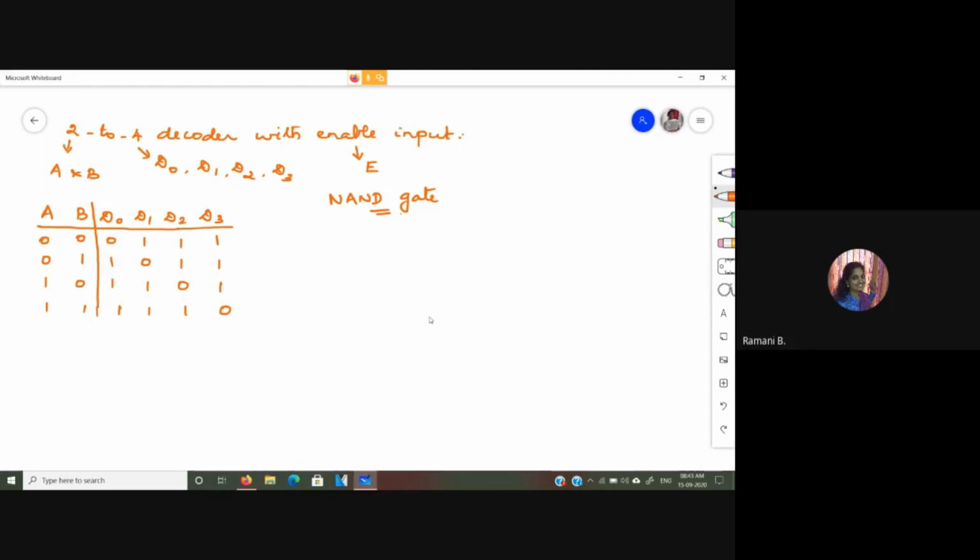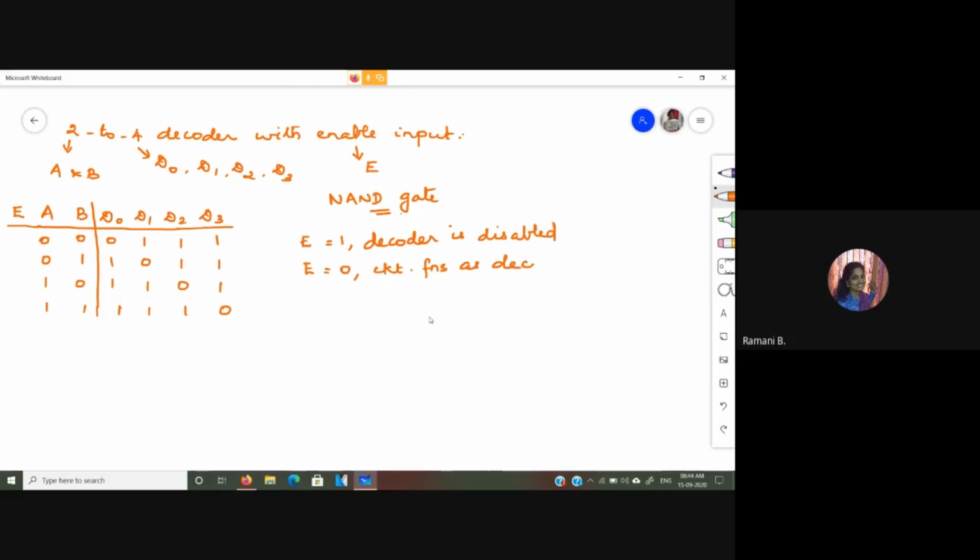So with an enable input, what we are going to do is, we will choose a condition such a way that for one value of enable, the decoder is made to function as the decoder itself, and for another value it will not do any operation, or you can say it is going to remain in some other state. So here let us consider the case when E is equal to 1, the decoder is disabled, because we are using NAND gates. So this is the easiest way for us to consider. And for E is equal to 0, the circuit functions as decoder.